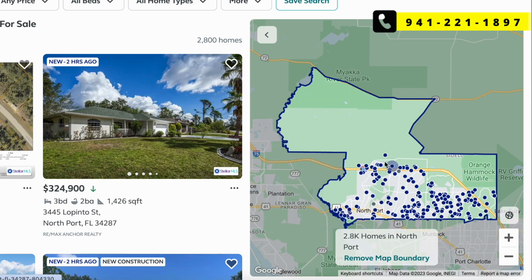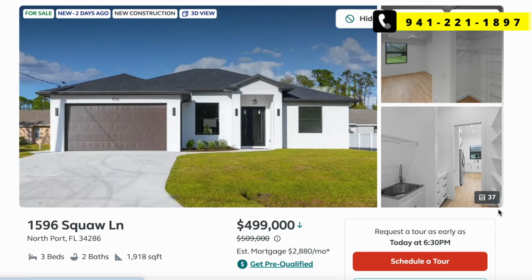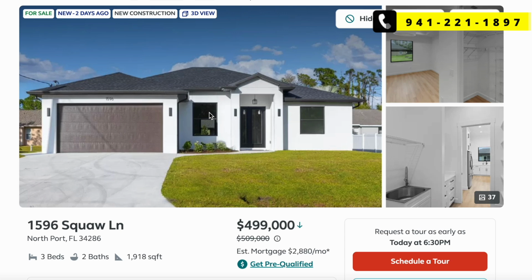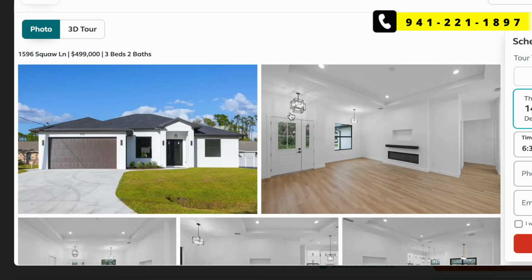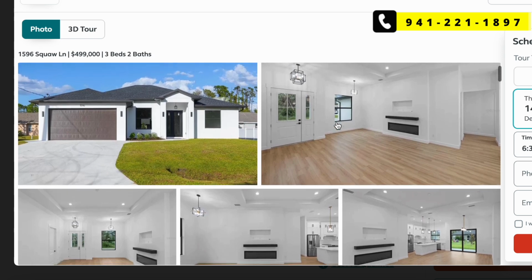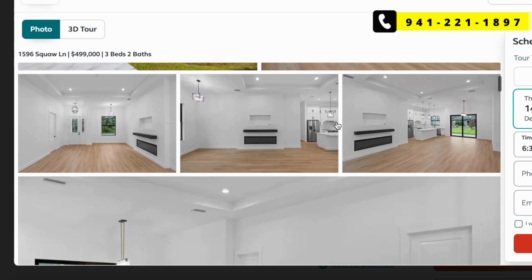Oh, there it was. Yep, for $499. It seems like it's a new construction home. It's beautiful. Let's see, 1,918 square feet. That's a pretty big house. Yeah, and that's not uncommon, I would say, for Northport. You usually get a little bit bigger-ish. 1,700 usually, so it's a little bit bigger. I guess, compared to Venice, there's more possibility to get something around this square footage. So $499, and it's new construction, so...